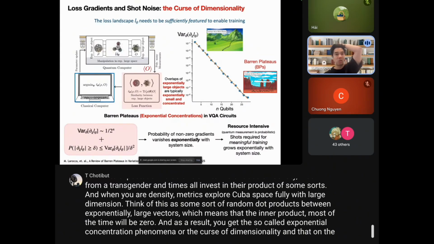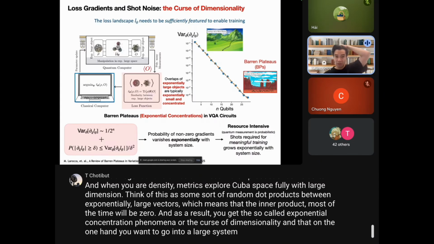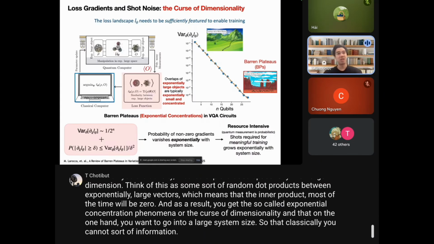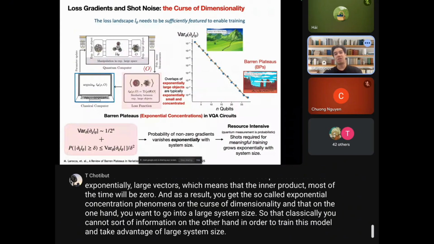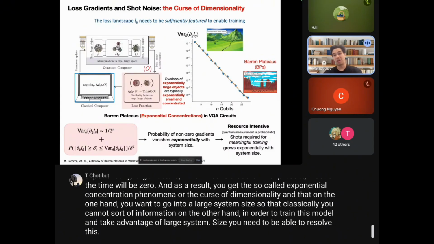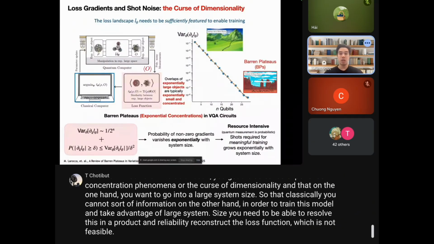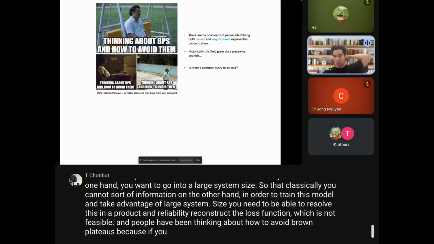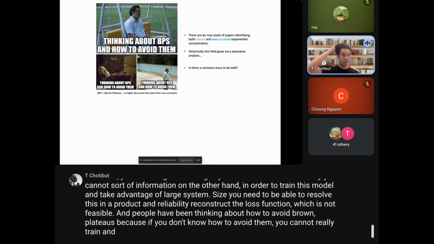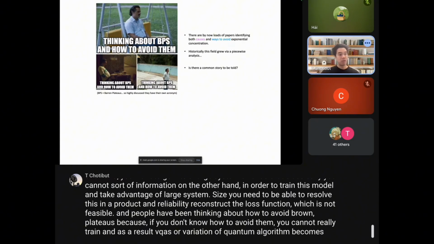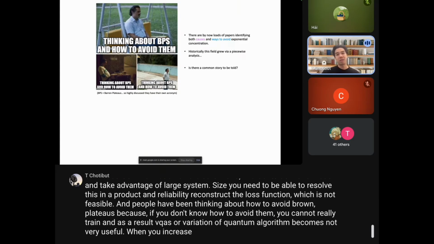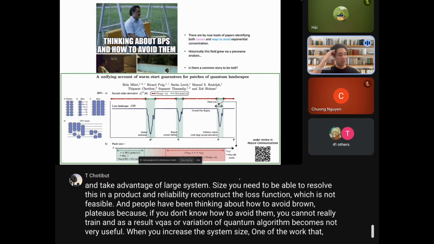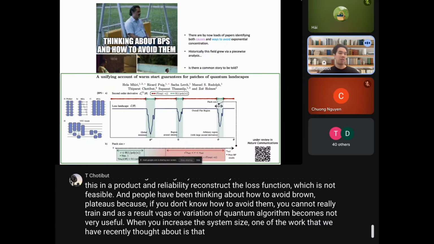And that, on the one hand, you want to go to a large system size so that basically you cannot store that information. But on the other hand, in order to train this model and take advantage of large system size, you need to be able to resolve this inner product and reliably reconstruct the loss function, which is not feasible. And people have been thinking about how to avoid barren plateaus, because if you don't know how to avoid them, you cannot really train, and as a result, VQAs, or variational quantum algorithms, become not very useful when you increase the system size. One of the works that we have recently thought about is that there are many strategies to